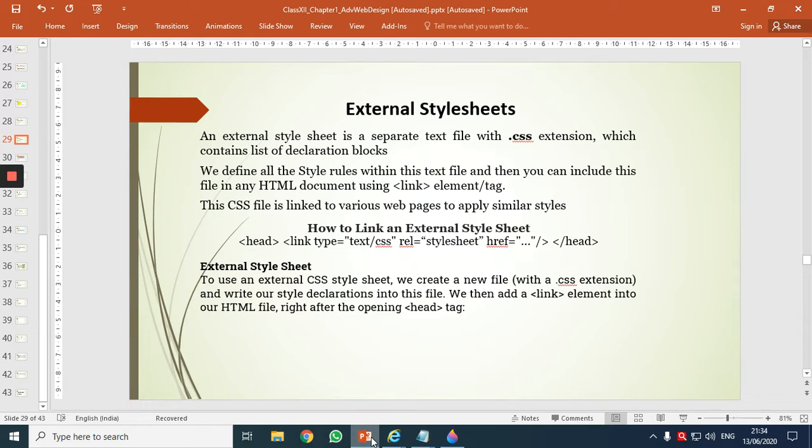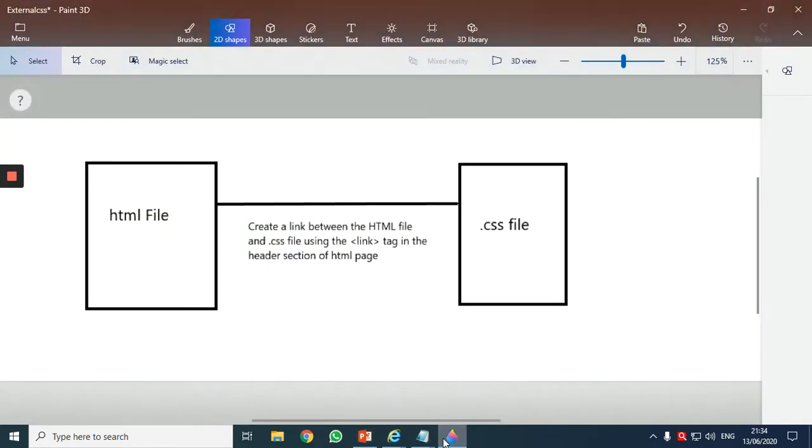Let us discuss how to create this external CSS. Now, to create such an external CSS file, we will add a new tag called link into our HTML structure. Okay, so I'll explain this to you. Observe, we have two notepads, or any text editor, not necessarily notepad.